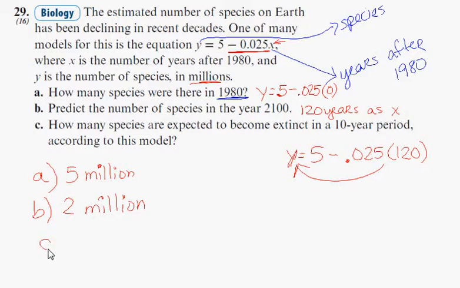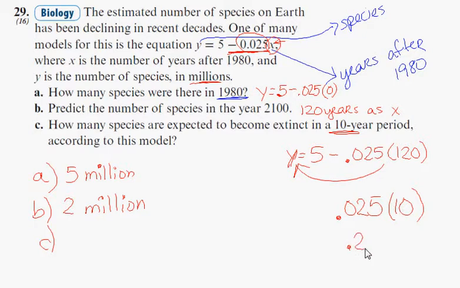Okay, the last one. How many species are expected to become extinct in a 10-year period, according to this model? All right, so there's a couple of things going on here. This is how fast it's happening. The negative means that it's declining, the species are becoming extinct. So I'm thinking the best way for you to think about this is if you take 0.025, because that's your coefficient, and x is the number of years, so we plug a 10 in here,